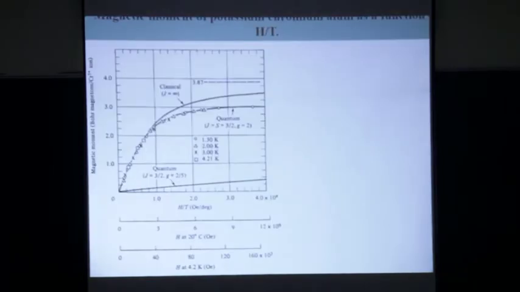Okay. So now, how does this compare with experiment? Correct? We can derive all we like till the end of time, but we need to see how it compares with the experiment. So if you take a paramagnetic substance,